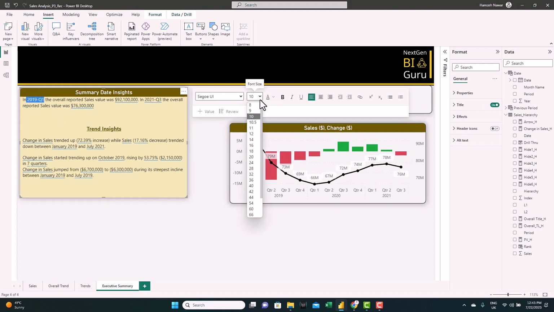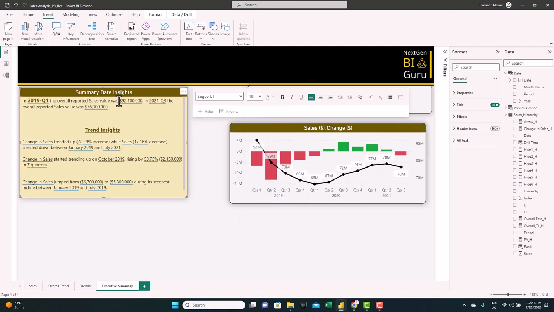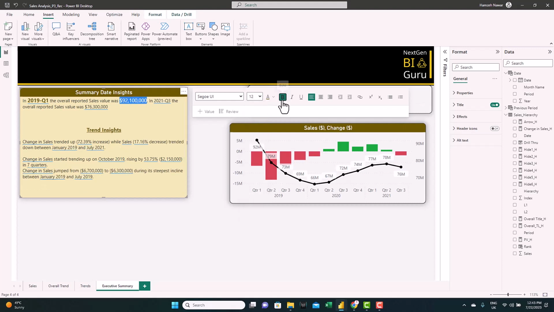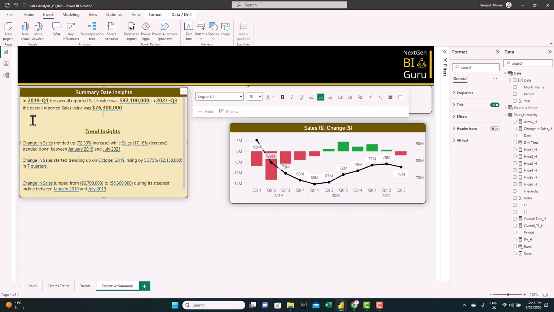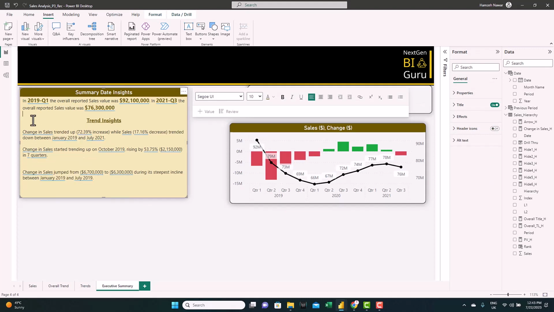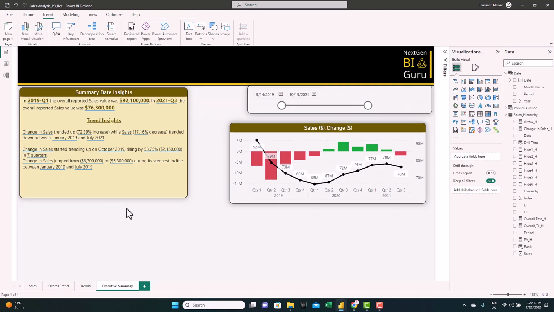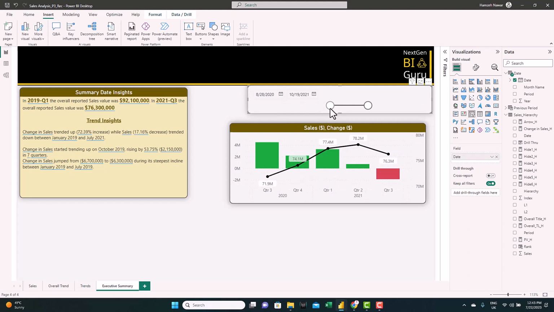Let's insert it. Let's just change the number to currency again. Now we can try to format those variables separately. As you can see, we can change the size, the color, and make it bold too. Let's just remove the extra space, and here we go, we added the values. Let's test them. We change the slicers. We can see how the smart narratives with the insights updates, and also the values we created updates.